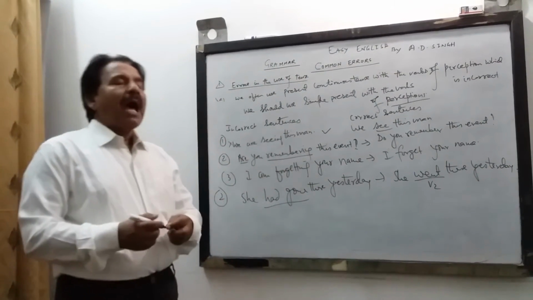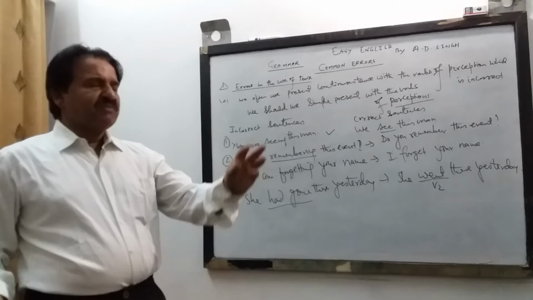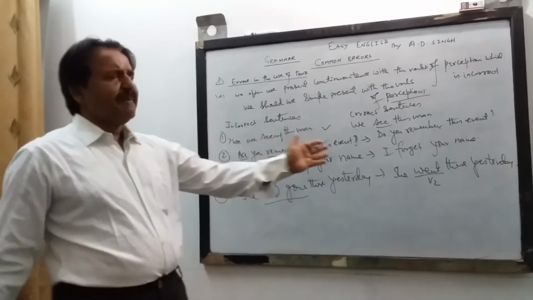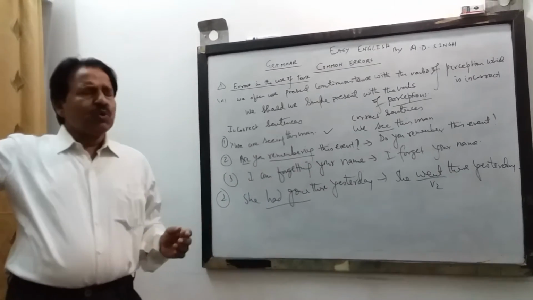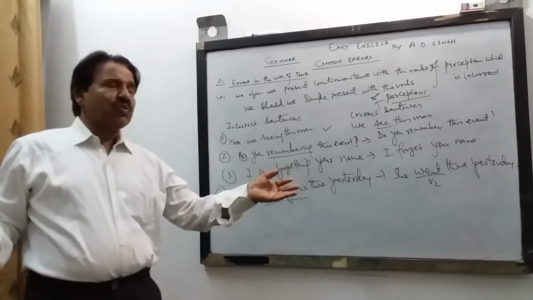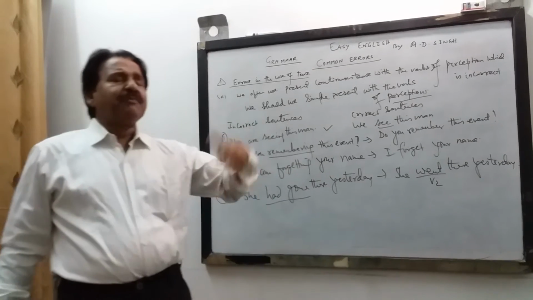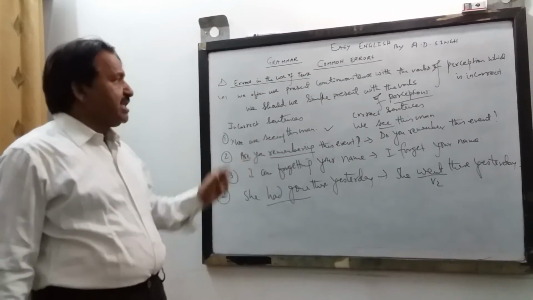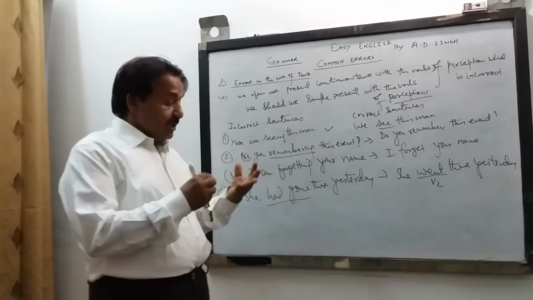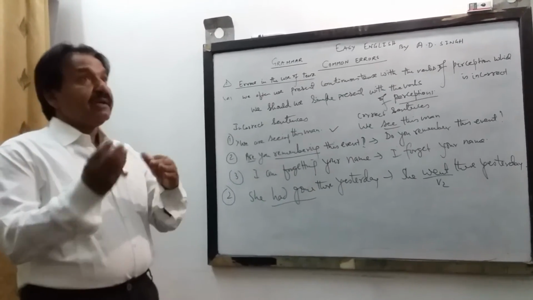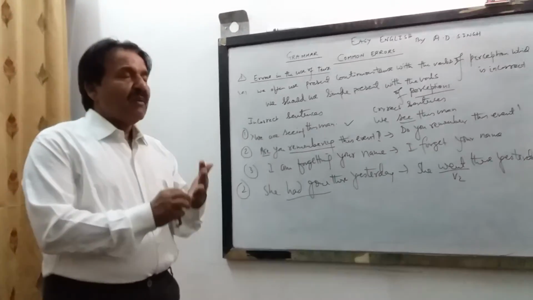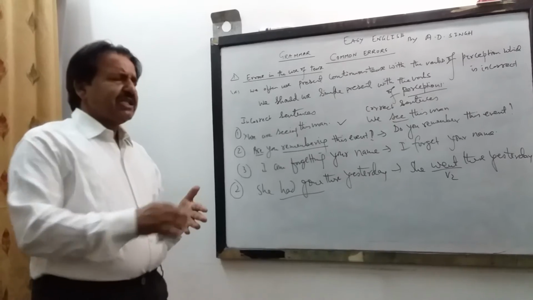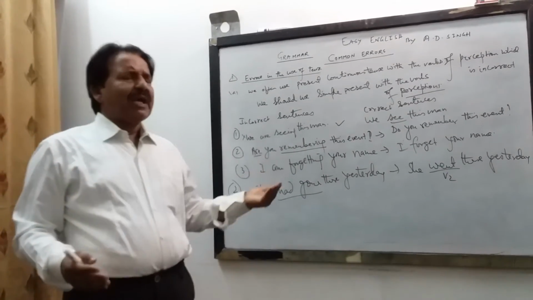Whenever we have adverbs like one hour ago, yesterday, one month ago, we should use simple past tense. Never say I had gone to Delhi last week. Always say I went to Delhi last week. Or never say I have gone to school yesterday. Always say I went to school. Simple past tense is used whenever you talk about actions which contain adverbs like an hour ago, yesterday, 10 years ago, 10 months ago, 10 days ago,